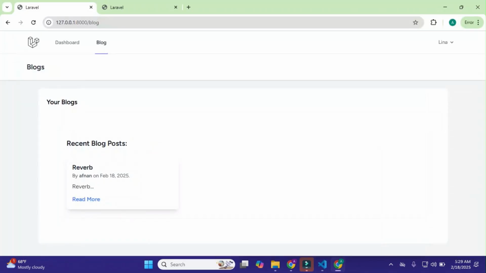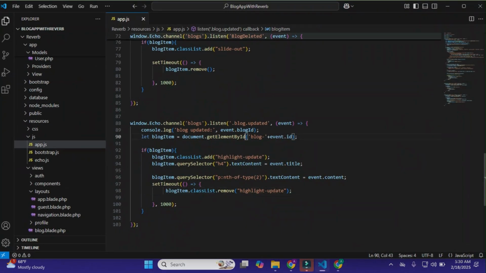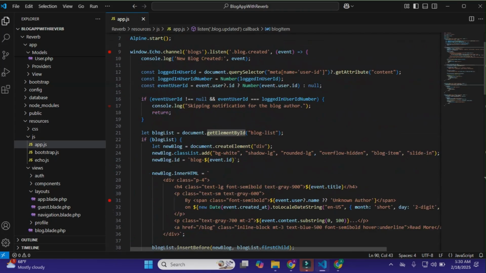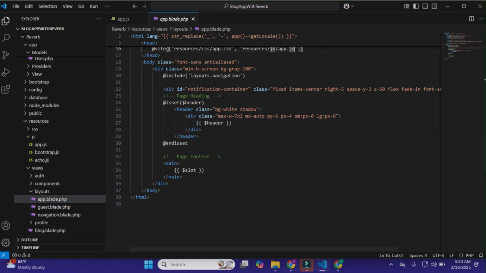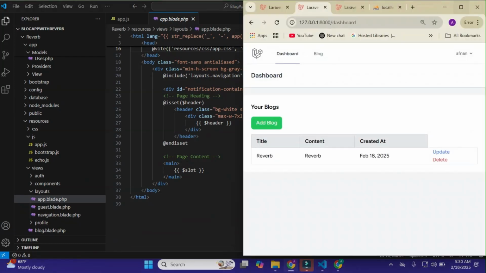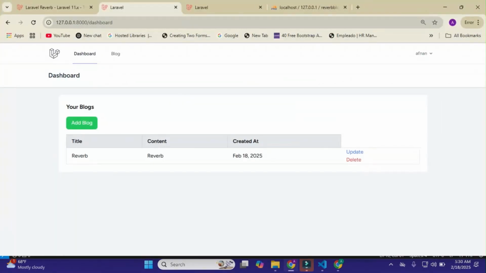We simply implemented it again the same way. So you can add more styling and more things in JavaScript, and also you can add this in the app.js file. So this is our today's video demo. I hope you like this video. So you can implement these things in your projects.